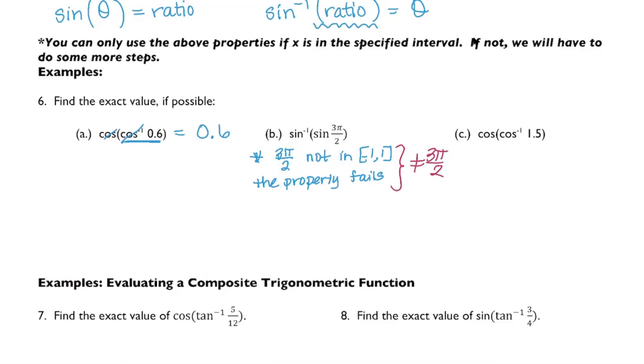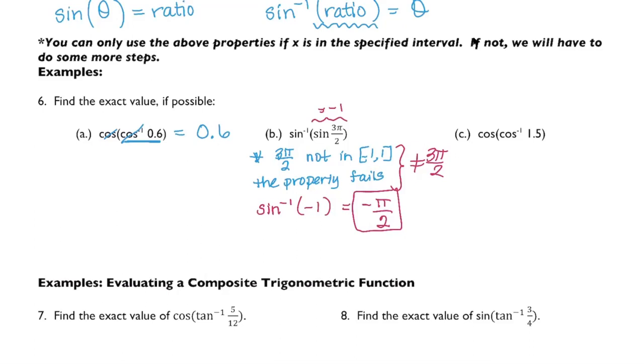The sine of 3 pi halves is -1. The sine inverse of -1, based on the rules we have to use, is negative pi halves. So that would be our answer. Okay. Remember, sine inverse can only be chosen from negative pi halves to positive pi halves. Negative pi halves and 3 pi halves are coterminal, but we just have to name it differently because of the